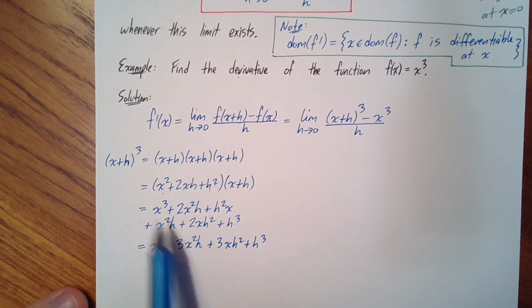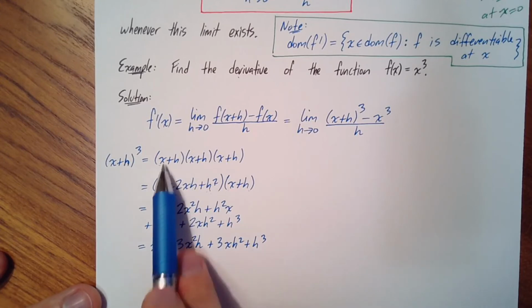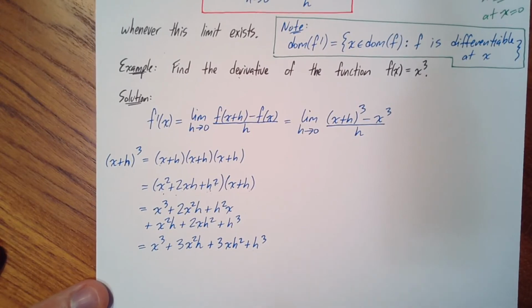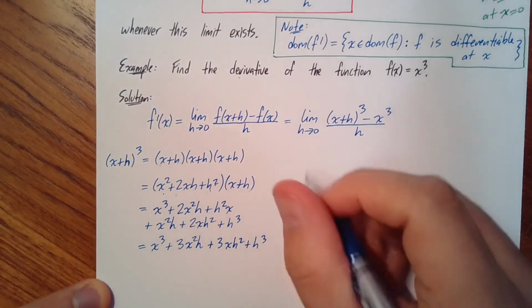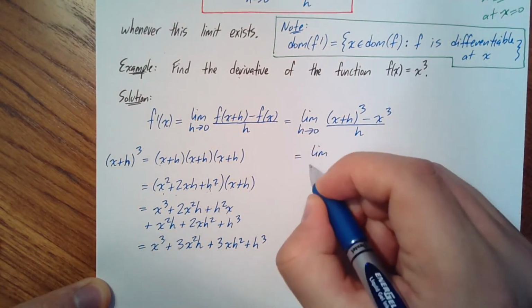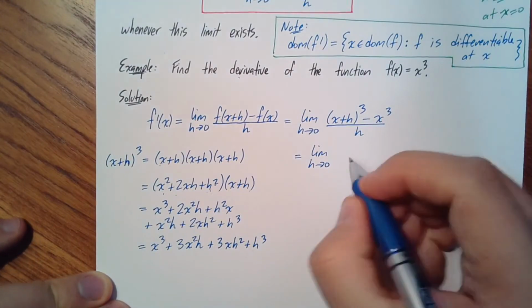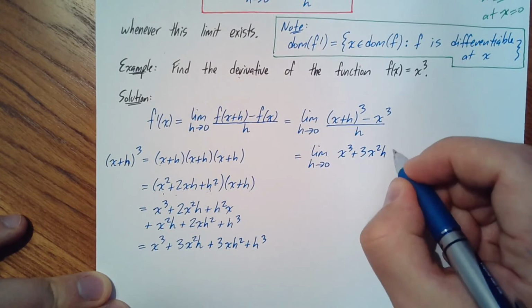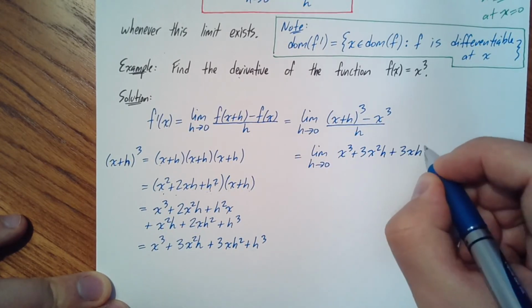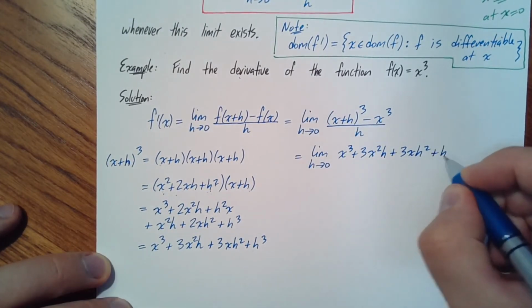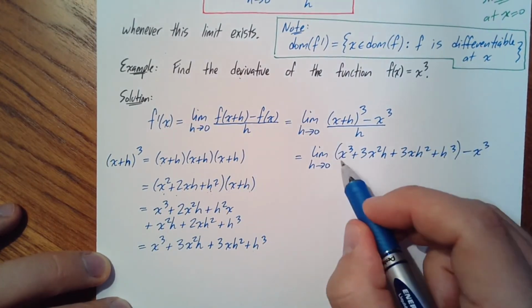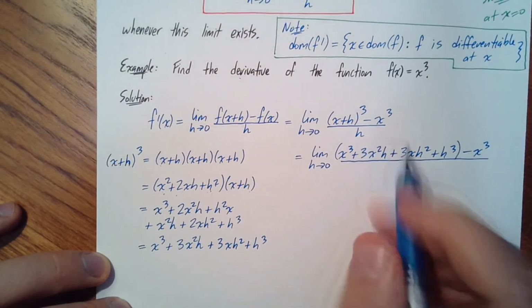So since we did this all separately, we didn't have to do each one of these steps while writing the limit as h goes to 0, worry about the fraction each time, right? It was straightforward to just work this out. Now we can take all this and plug it in for that expression, and now here's what we're going to get. The limit as h goes to 0, so x cubed plus 3x squared h plus 3x h squared plus h cubed, and all of that is minus x cubed, right, because that term up there,